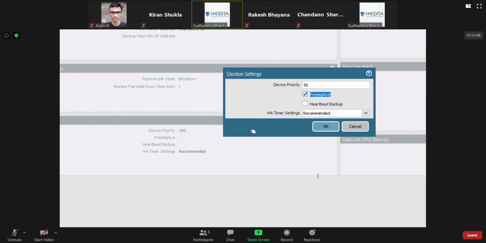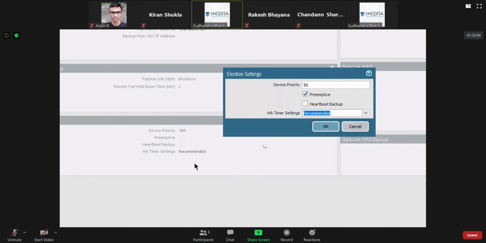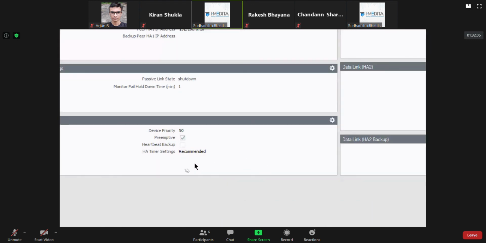Then enable preemption on both the firewalls. Like I told you, for the HA timer you can just select recommended or aggressive and it will automatically choose the best values. If you go for advanced, then you have to mention them individually. I'll just use recommended and not modify it.